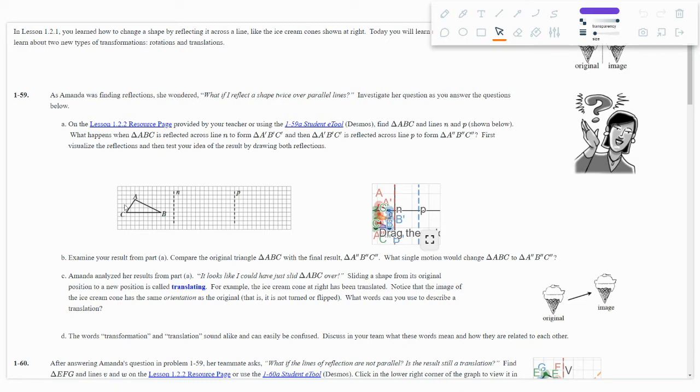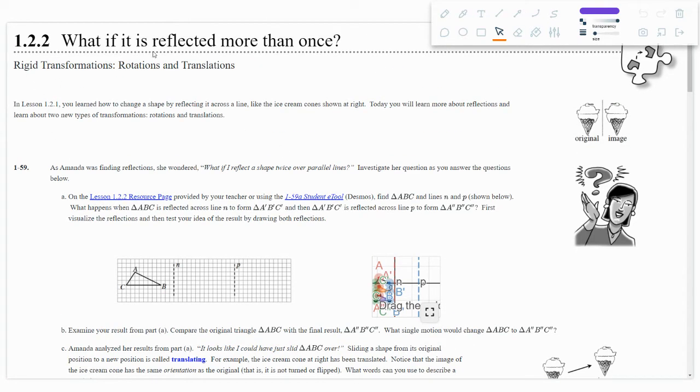This is lesson 1.2.2. Last lesson, 1.2.1, my previous video, I made a video on reflections, and that's the first of the three transformations that we are learning in this chapter. And so in this lesson, our second lesson is going to be talking about the other two, specifically rotations and translations. So just a quick recap again, the three transformations that we're learning in chapter 1 are reflections,